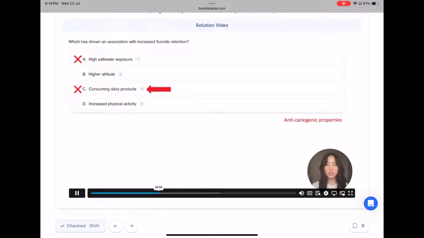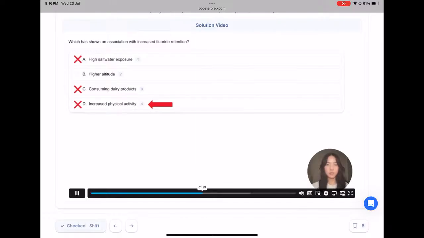Dairy products do not contain high amounts of fluoride. However, some do have anti-carcinogenic effects due to the casein, as well as high concentrations of calcium and phosphate. The calcium and phosphate are essential in promoting the remineralization of enamel, making it more resistant to decay. However, the calcium also does impede on the body's ability to absorb fluoride as it binds to the fluoride and traps it. So this answer is incorrect, as dairy products would actually lower the fluoride that is retained in the body. Option D reads increased physical activity, and this answer is incorrect, as increased physical activity does not increase the